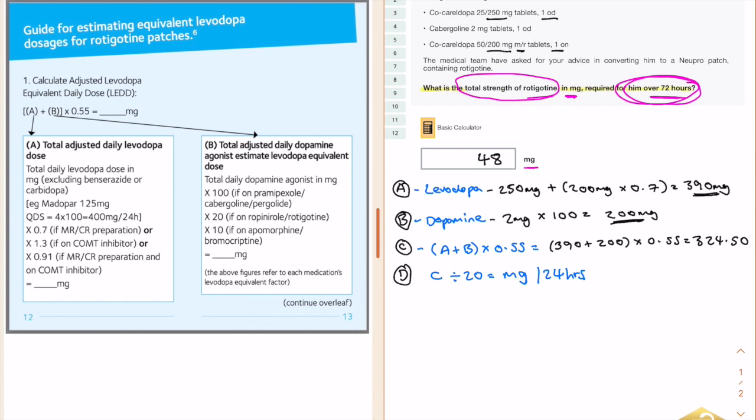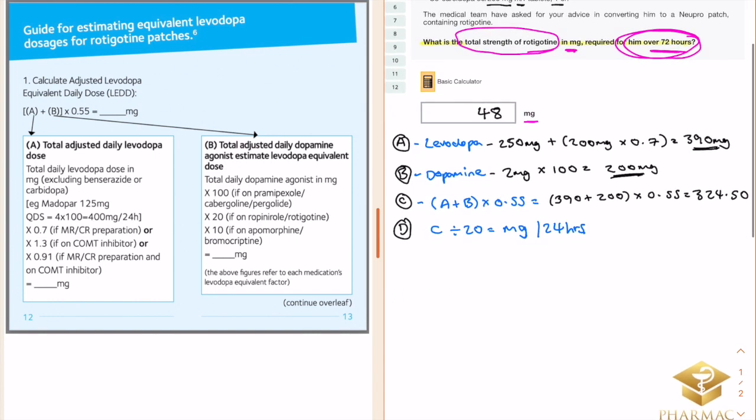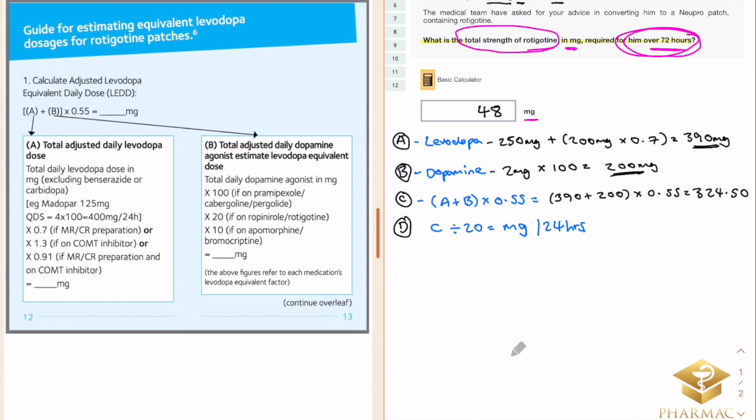So in the last stage of the process, we do stage D, which is where we take our answer from C and we divide it by 20 to get the amount of milligrams of rotigotine equivalent patches that they're going to need for 24 hours. So in order to do that, you're going to take this answer here, 324.50, and divide it by 20 on your calculator, and that's going to give you an answer of